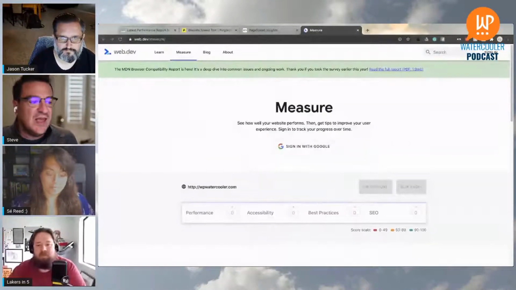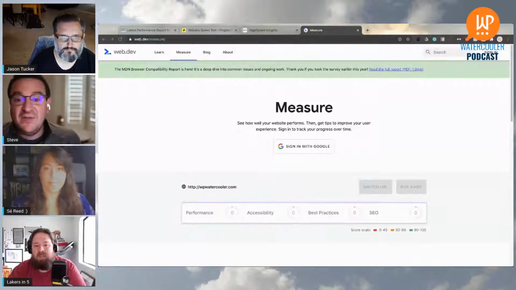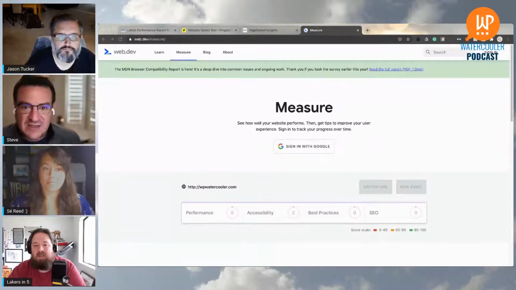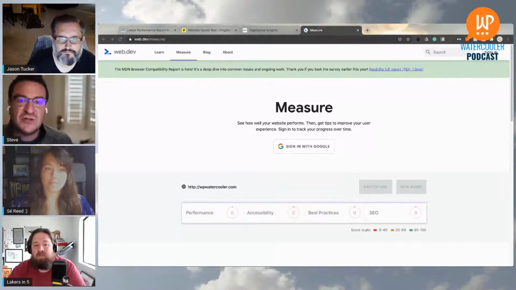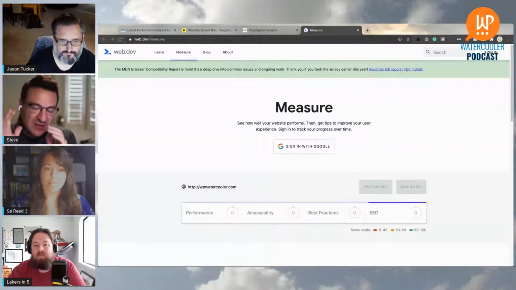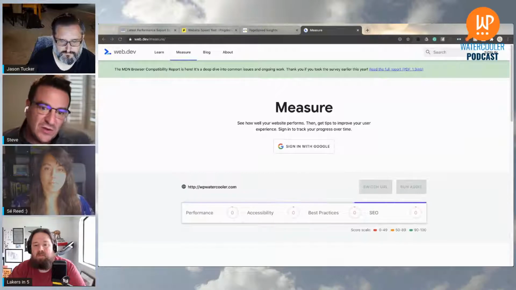Okay. So web.dev will give you a pretty comprehensive report on what's going on with your website, but it will also break down in plain English what the issues are. And so the APO addresses, I know we're going to talk about some of these things, but it addresses things like time to first byte, first contentful paint, speed index, right? And so this measuring tool, web.dev, will at least tell you what's going on with your website so that you know what you're addressing.